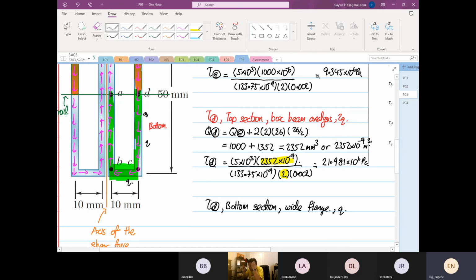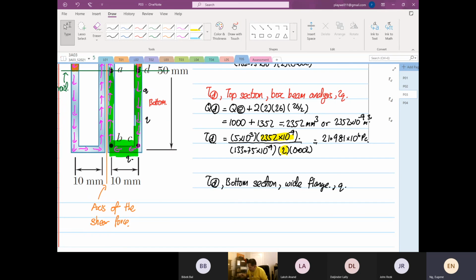if mathematically it is correct, whether you take it from the top or from the bottom, the numbers should be the same. I repeat again, whether you take from the top or the bottom, the answer should be the same. Okay. So now, if we take the whole green section, you and I know the first moment of area will not be the same between the top and the bottom. So let's look at Q,